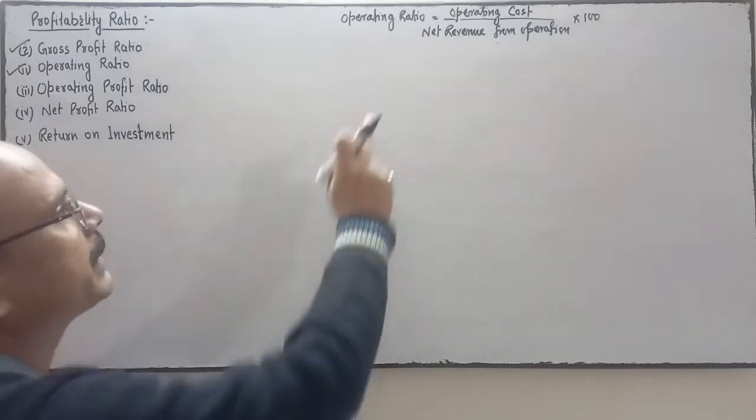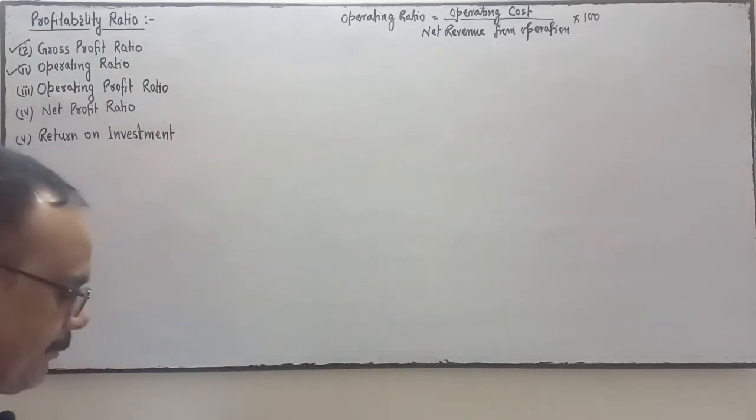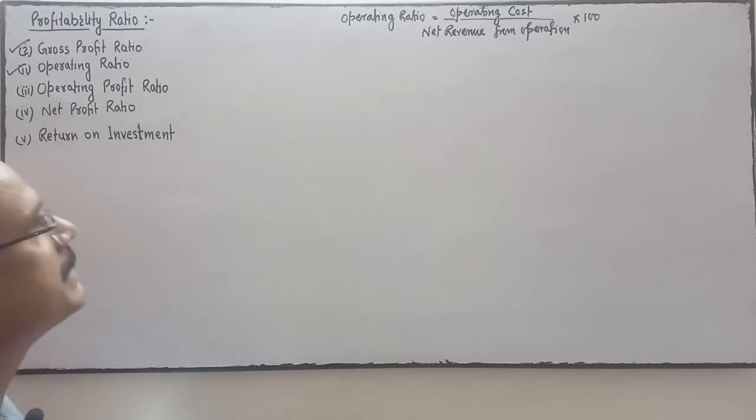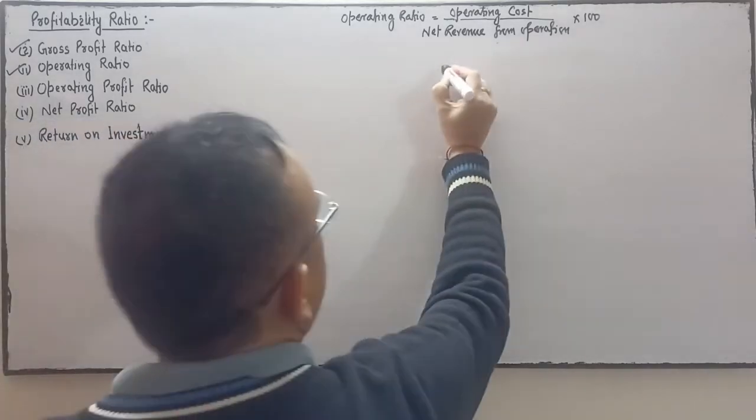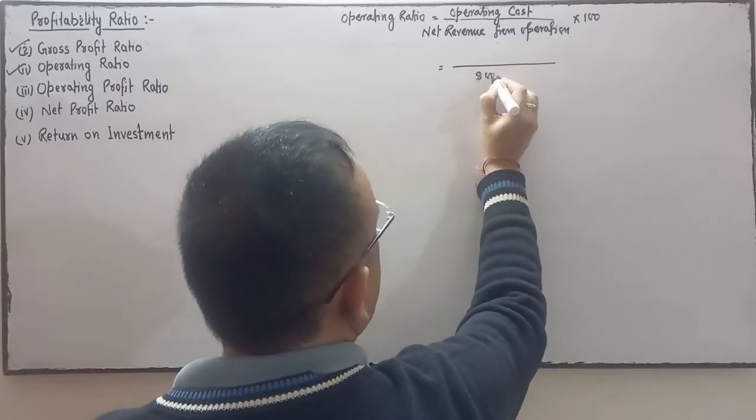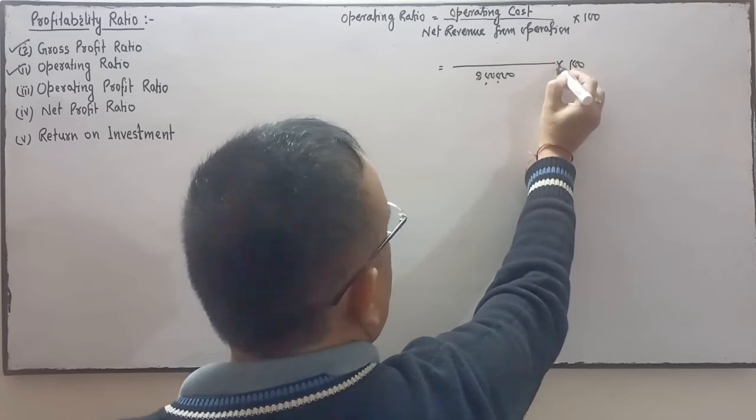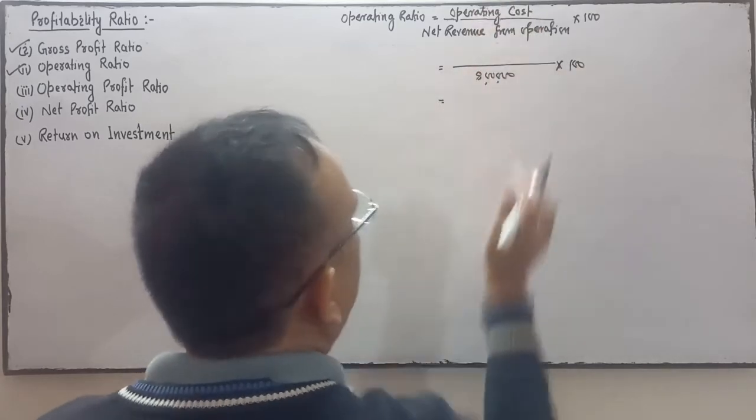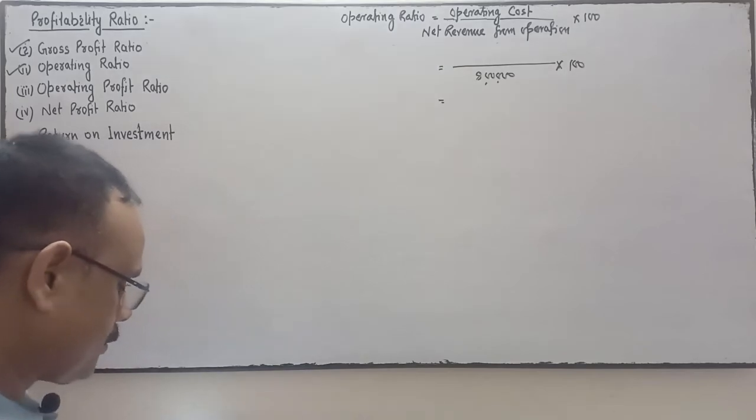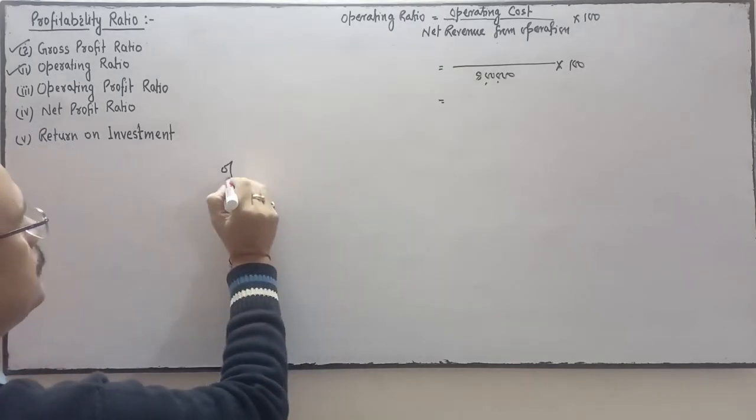So first of all we will calculate the net revenue from operation. It is given in the question, that is 8 lakhs, into 100. Then we will find out the operating cost. Okay, operating cost means here operating cost